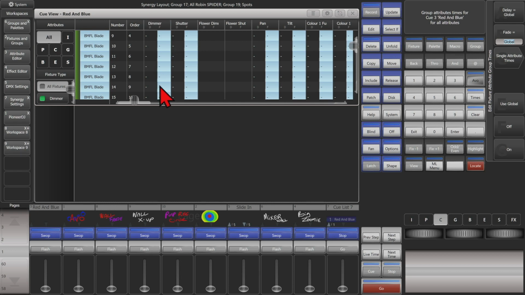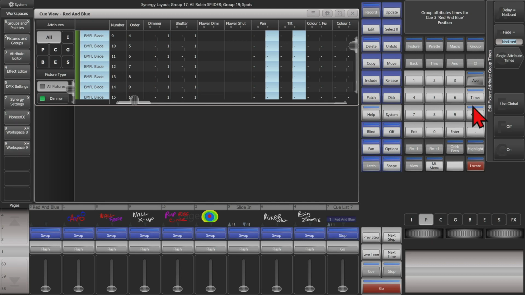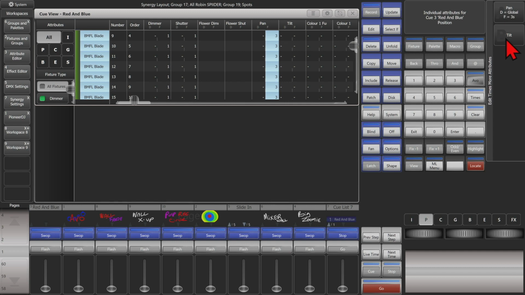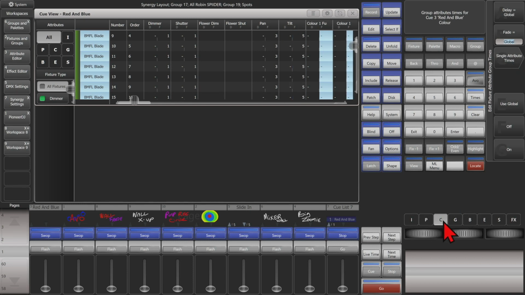And it's set to start, so we can see our fade times here, or we can click our attribute buttons here. So we'll go to intensity, and we'll simply set intensity to be a 1 second fade. And then we'll go to our position, and we'll go to a single, and we'll set our pan to be 3 seconds, and then our tilt to be 5 seconds, and we'll go to our color, and we'll set our color to be 8 seconds,